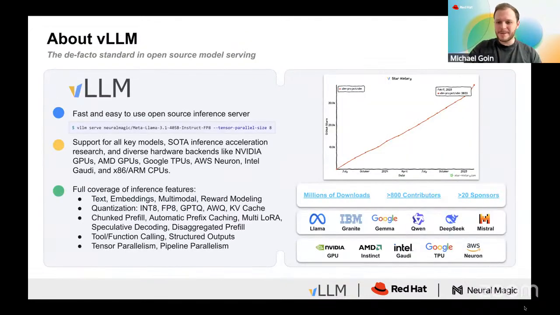So, as always, we want to cover vLLM if you're not already familiar. It's the de facto standard in open source model serving. This is because it's a fast, easy to use, and permissively licensed open source inference server. It's just a pip install and vLLM serve away to serve the model of your choice. It has support for many dozens of model architectures. It constantly gets state-of-the-art inference acceleration research, and of course gets great performance on NVIDIA GPUs, but also has diverse hardware backend support with AMD GPUs, Google TPUs, AWS Neuron, Intel Gaudi, and several CPUs seeing active development in